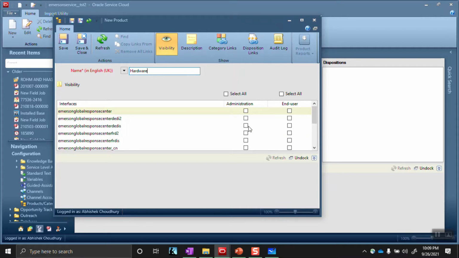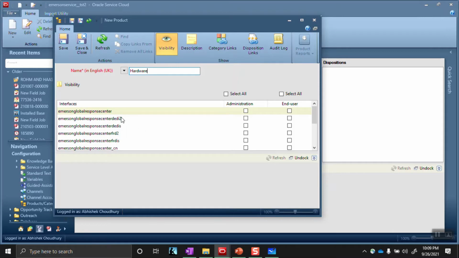Also we can control whether it should be available only to the administrator or even to the end users. Generally, when we are in the process of creating this, we restrict it to only the administrator, and once it has been created, we push it to production for the end user, who can also see it in the Oracle Service Cloud customer portal.